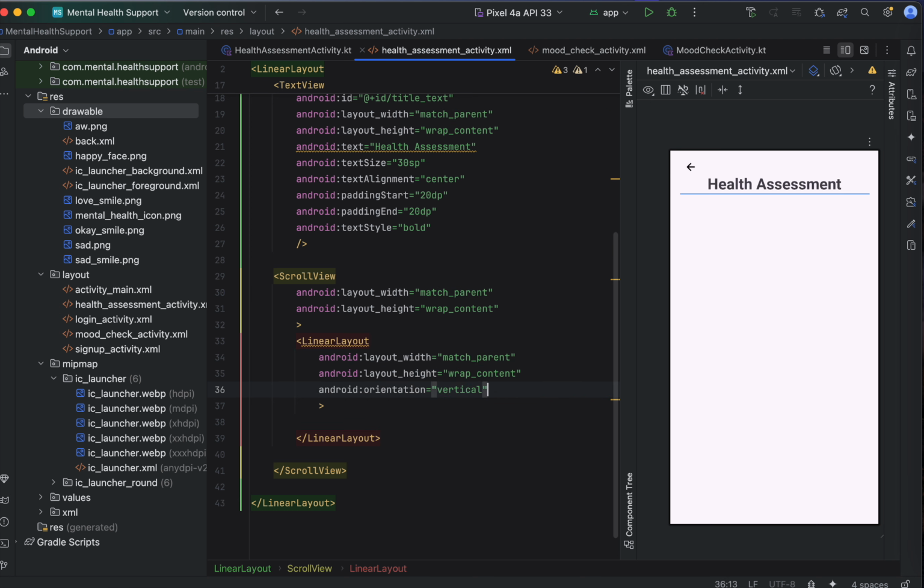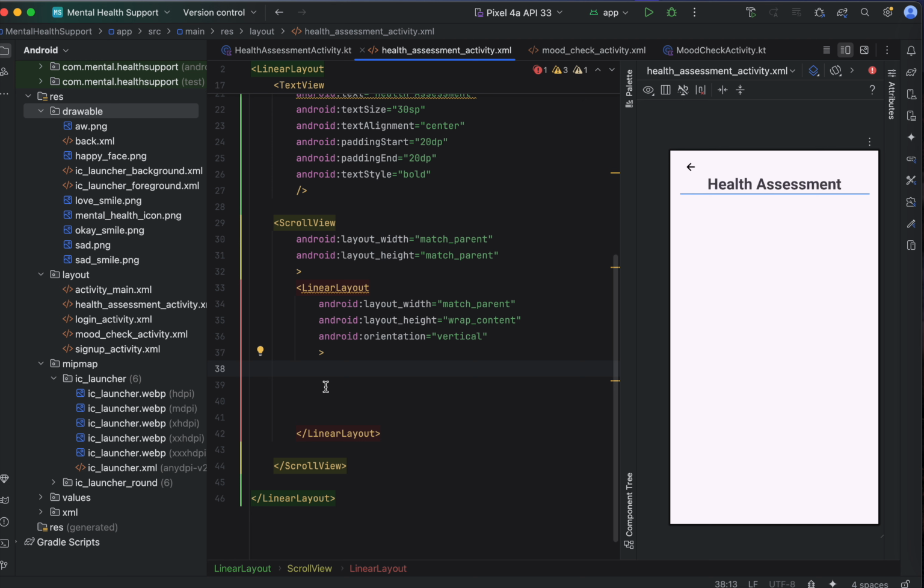Orientation vertical, and I think we can give match parent here. Okay, good. In this linear layout we are going to add one question and one answer box. First I am going to add a text view,